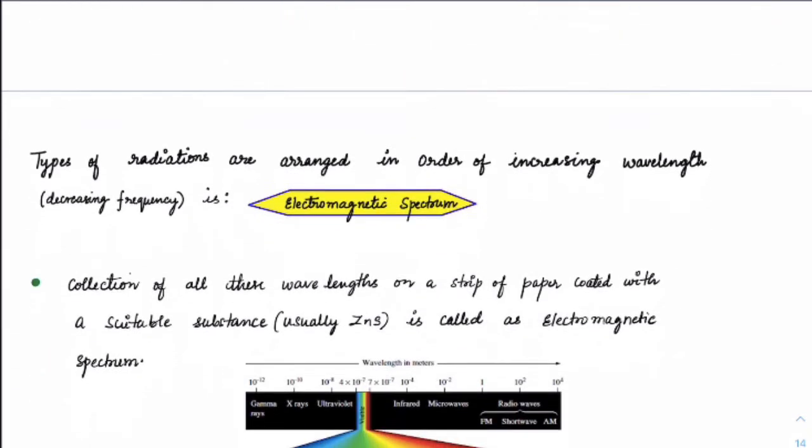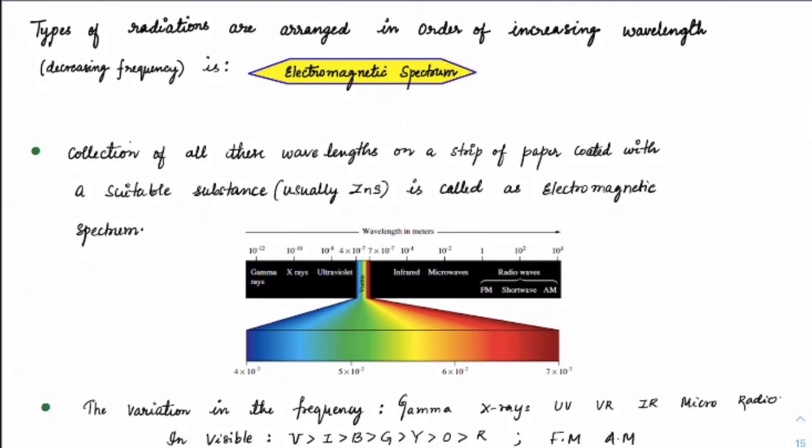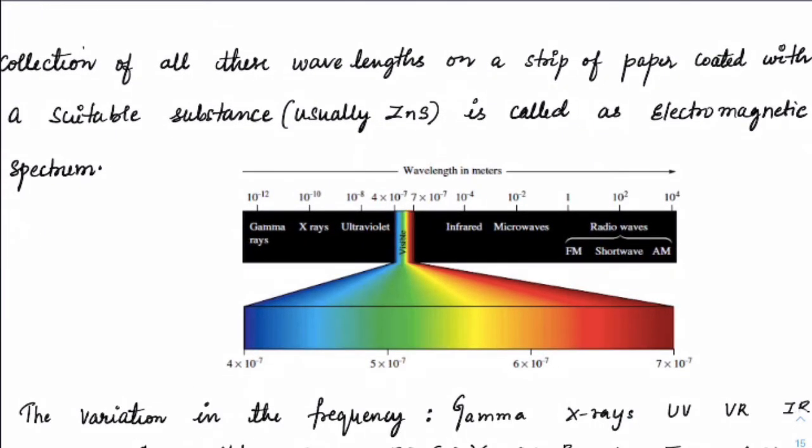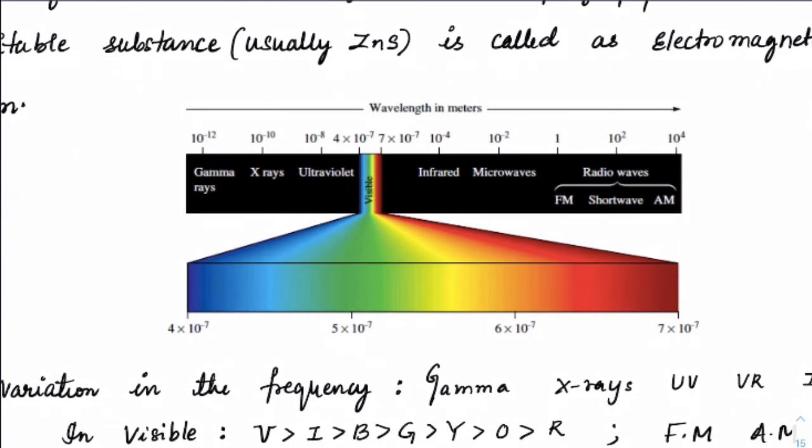So first let me put that first. You can check what the electromagnetic spectrum is. It is nothing but a collection of wavelengths. If you put all the wavelengths on one piece of paper, you can see that if the wavelength is in the range of 10 raised to power of minus 12, those are gamma rays. As you go towards 10 raised to power of minus 10 and above, up to here, these are X-rays, and from here to here you will see these are UV rays. This range is the visible range.